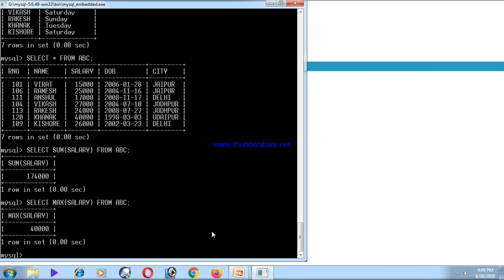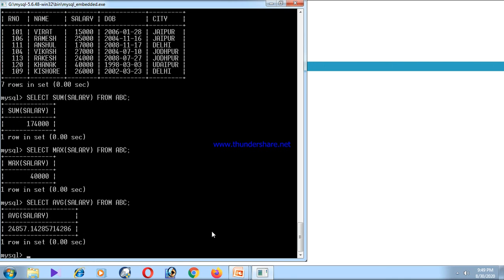Just check this one. 40,000 is the maximum salary. If you want to know the average of the salary part, this is the average, right? So these sum, max, min, average functions work on multiple rows and produce a single output. So we can say they are multi-row functions of SQL, right?